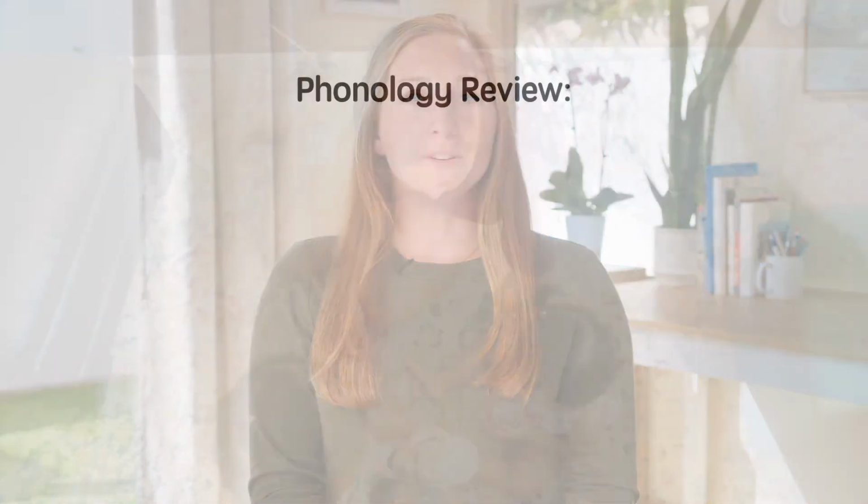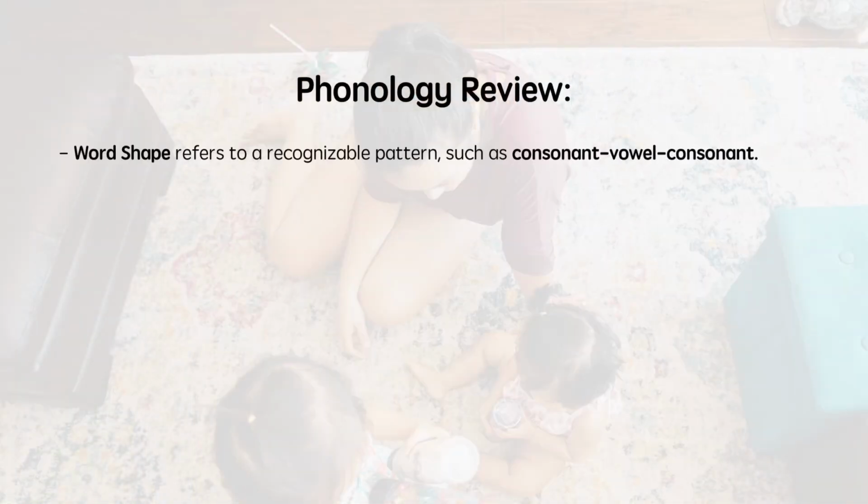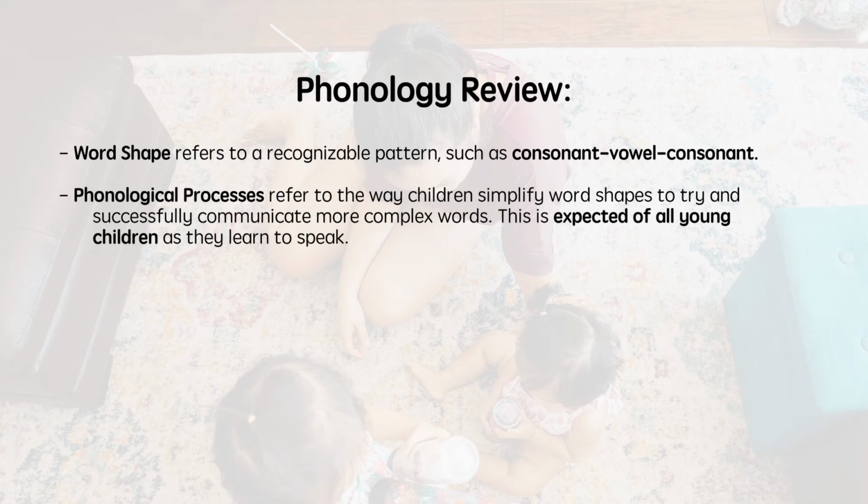Looking back on our talk about phonology, or how your child combines sounds to say words, phrases, and sentences, remember the following. Word shape refers to a recognizable phonological pattern, such as consonant, vowel, consonant. When children try to produce words that are more complex than their speech system can handle, they naturally simplify the word in order to be successful. This is an expected developmental strategy where children use phonological processes to simplify words to word shapes that are easier